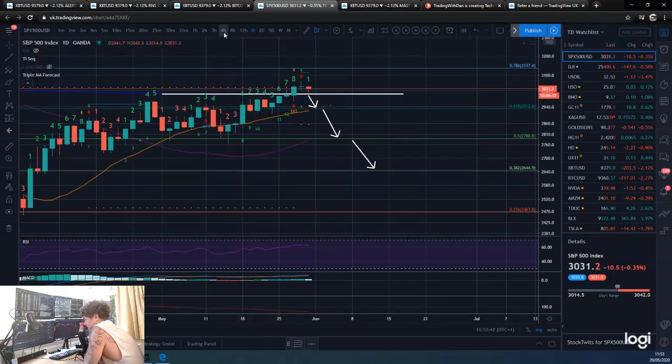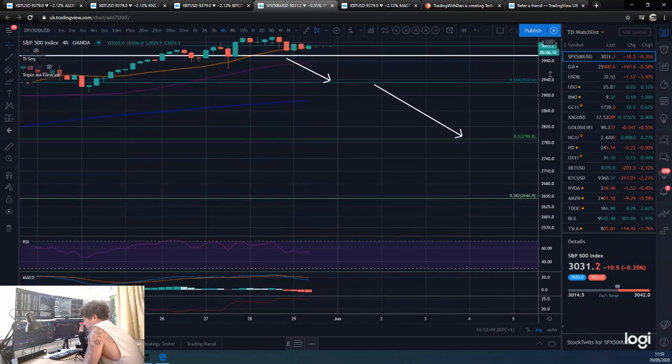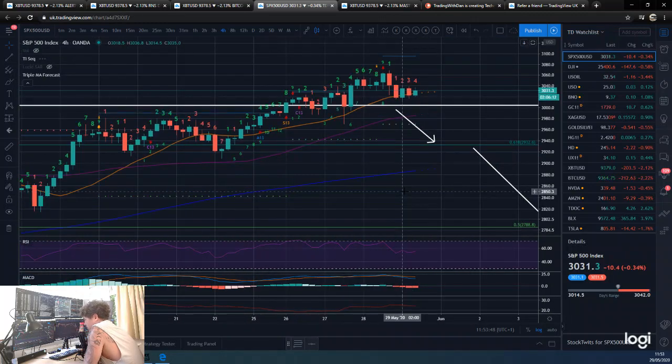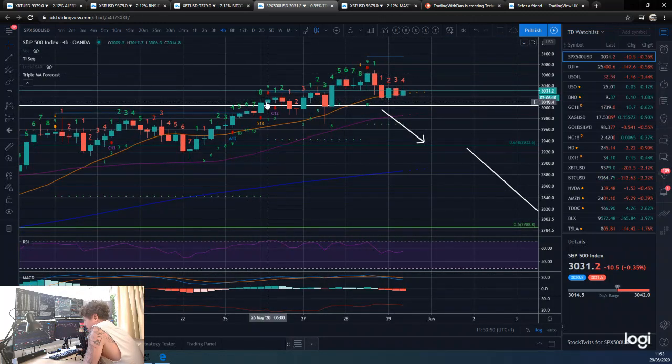This is obviously the daily. We had a nice 9 on the 4-hour too. Let me just show you. So we had a 9 here, a 9 trade activated along this line, which then did go into profit, and then obviously you would have had to get out of that pretty sharpish, but you had plenty of time to take profit if you were watching the market. Obviously I was watching this in real time. You had the second half of the day then to get out whilst we were coming back up.